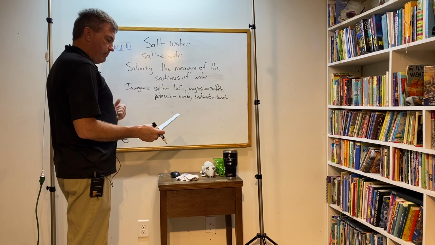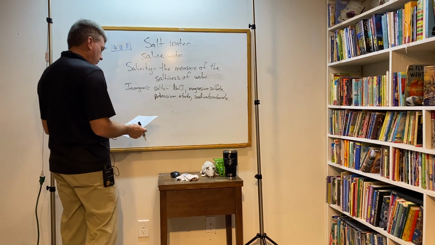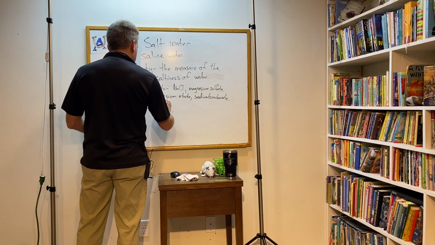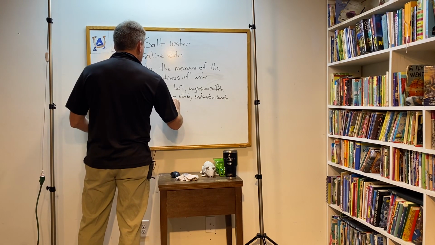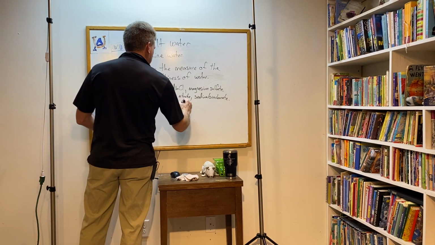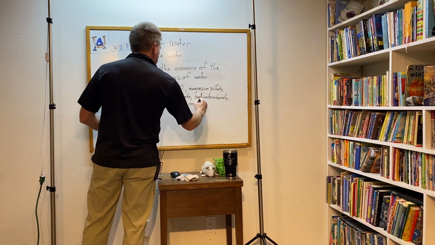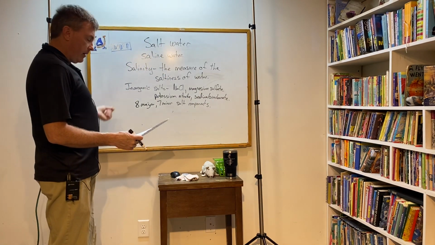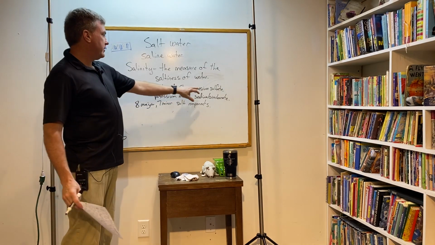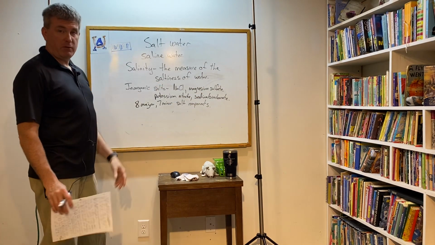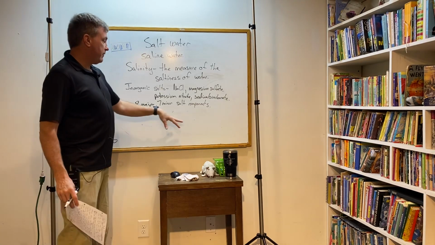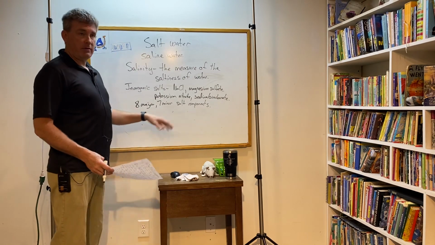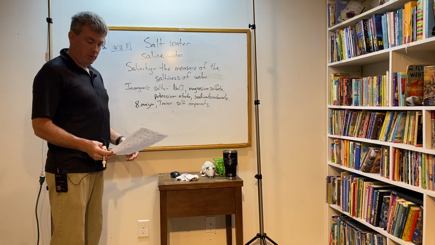In all, there's about 8 major and 7 minor components that make up the salt in the salt water. And then they make up the 8 major, 7 minor. So there's NaCl, magnesium, there's the top 4. And then you got about 4 more that are, quote, major, and then 7 minor components. We're not going to be quizzing you on what those are, but just be aware that there are about 15 different things that make up the saltiness of the water in the ocean.